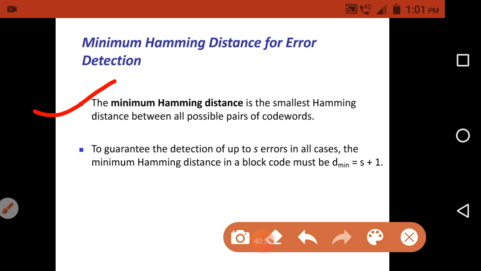The second point is that to guarantee detection of up to S errors in all cases, the minimum Hamming distance in the block code must be d minimum equal to S plus 1.